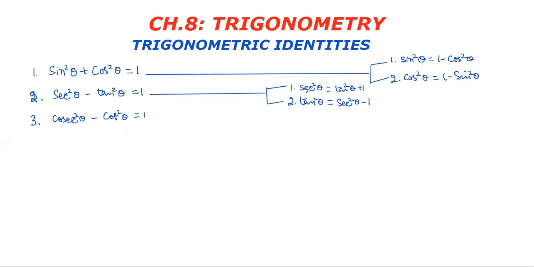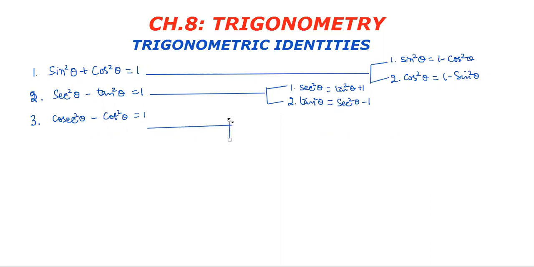So secant square theta is powerful. Therefore, 1 should be added to tan square theta. Tan square theta is less powerful. Therefore, 1 should be subtracted from secant square theta so that both should be equal to 1. And then to remember this one, again,